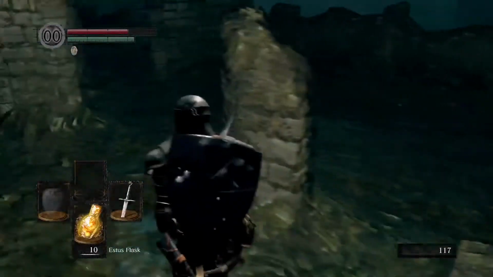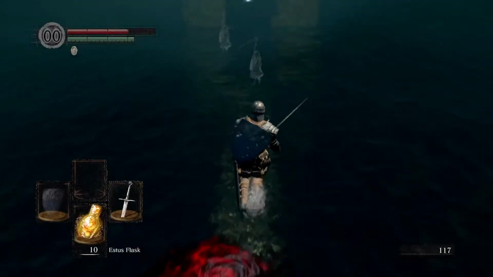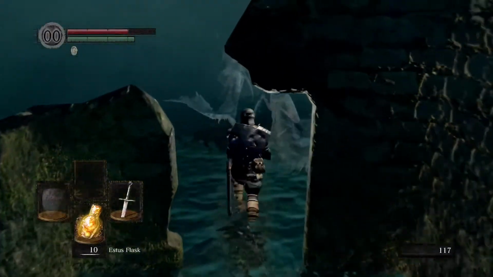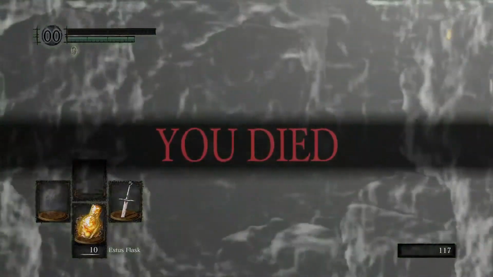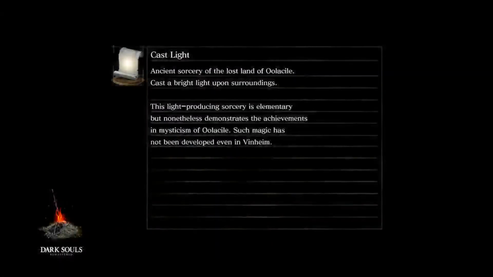But we're gonna come into here... Oh god. Oh, here we go. A couple more ghosts, and then back here is the first Firekeeper soul. I believe there's 5 of them. And then, yeah, got pushed off. But that's perfectly fine. Not gonna go down there and get my souls, but...